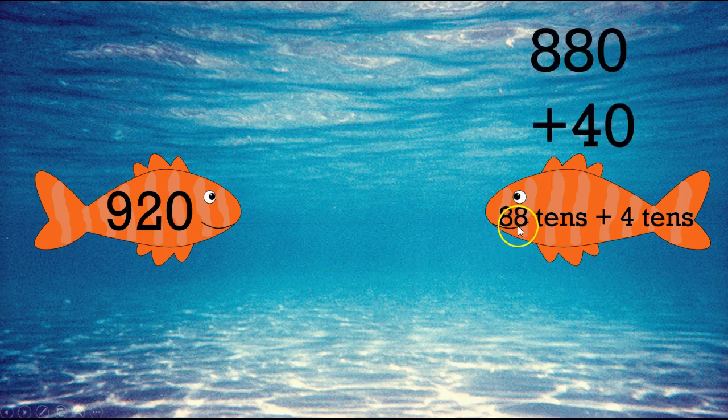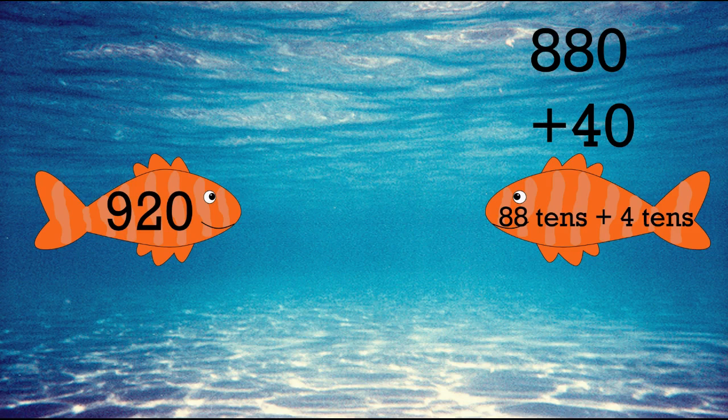Okay, so the first thing that I did was I changed the 88 tens to 880. I needed to add that 0 to the end to make it tens. So 88 tens, add the 0, and that is 880. Plus 4 tens, add that 0, and that is 40. And then we can count from 880, and we can count by tens 4 more. So remember, we're counting by tens, so start at 880. Let's count up 4 tens. So 880,